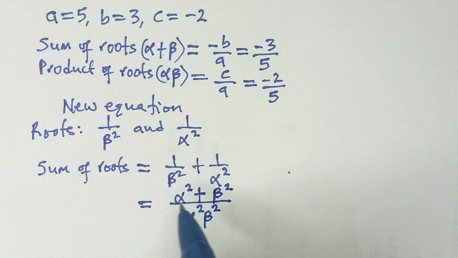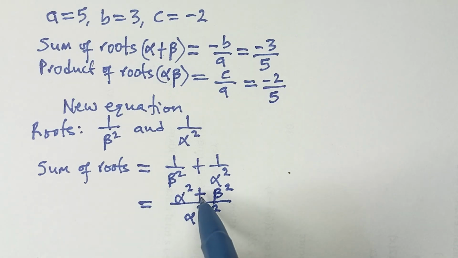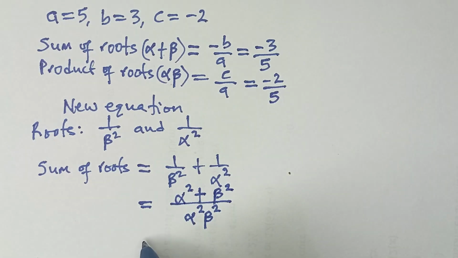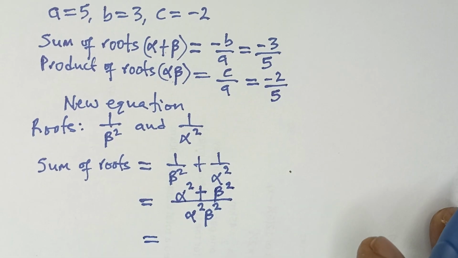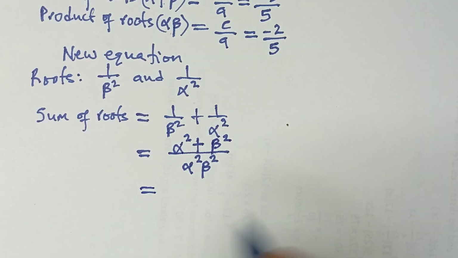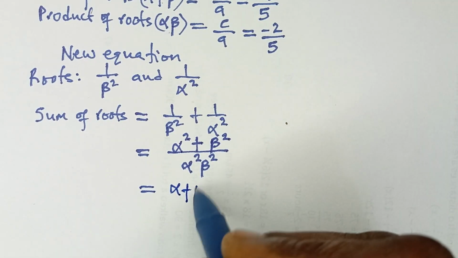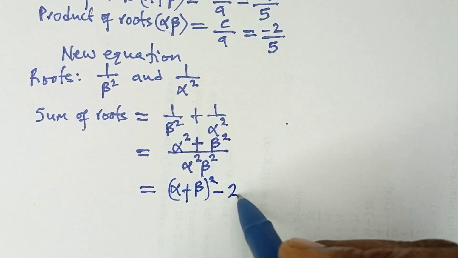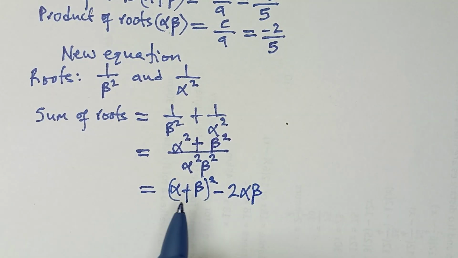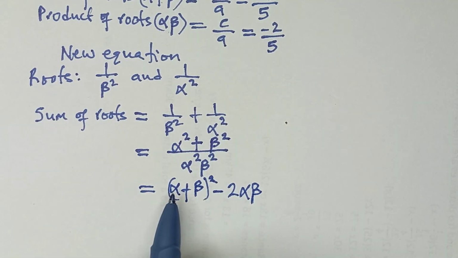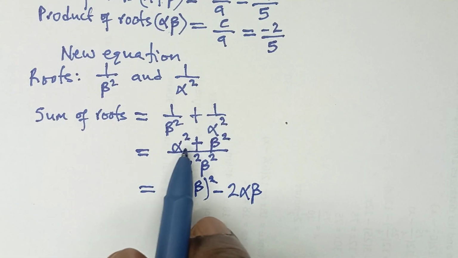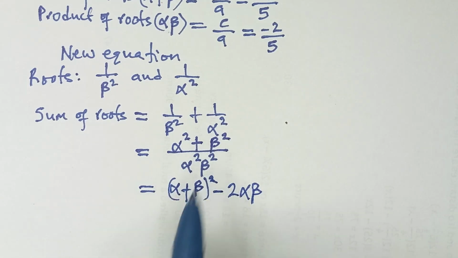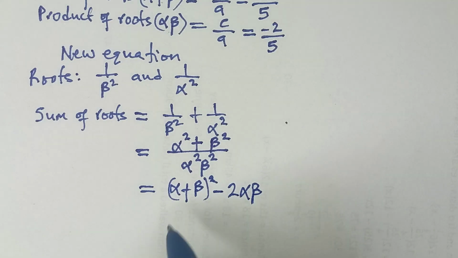Now, when you see the square of two values added together, an identity for it is simply given by alpha plus beta all squared, then minus 2 alpha beta. So this is the identity for this. That means if you expand this and simplify, it's going to take you back to alpha square plus beta square. So the identity for the square of two numbers like this is this. Then all over